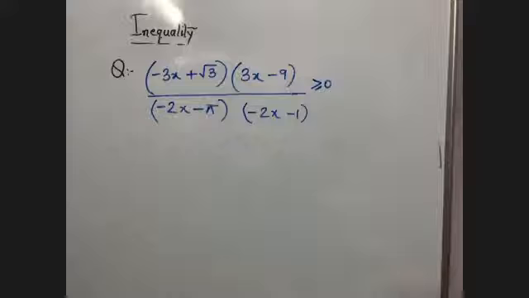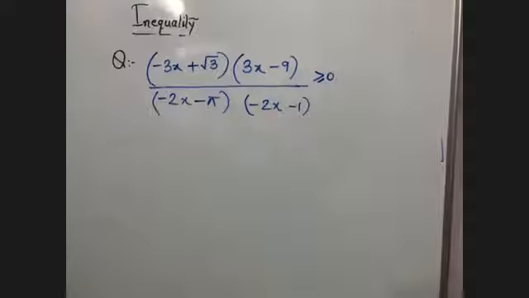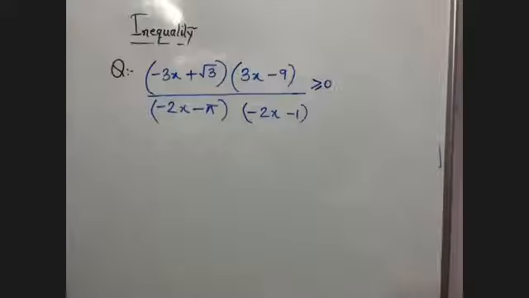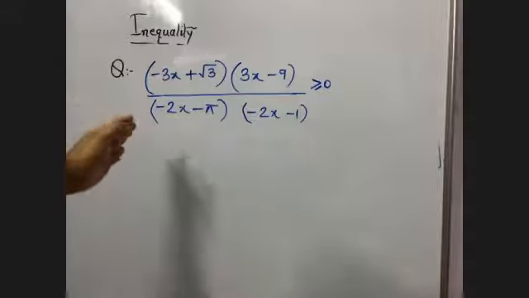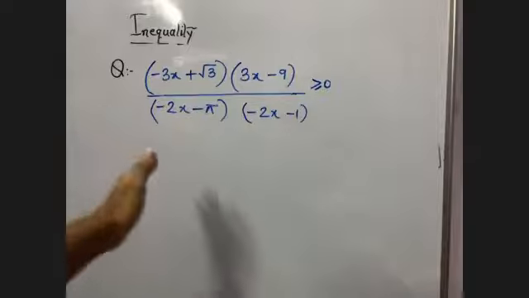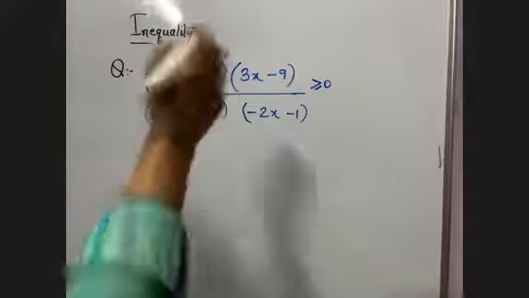Beta, Shobit, how did you get 11 by 7? There is nothing like 11 and 7 there. Okay, you have taken 22 by 7. First, don't take it as 22 by 7. I've cautioned you again that don't take pi as 22 by 7. Now look at how I am solving. Just focus on what I'm doing. Just listen to me and stop writing. I'll explain, I will solve, then it will be clear.